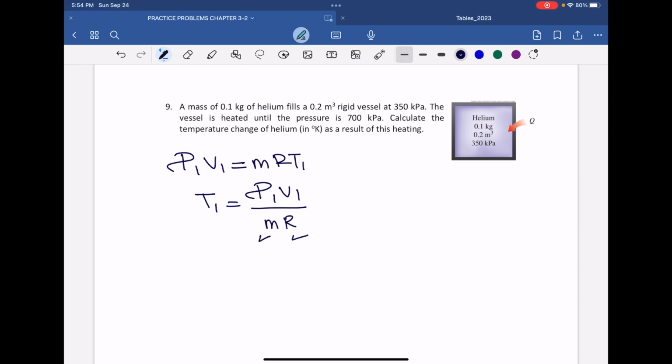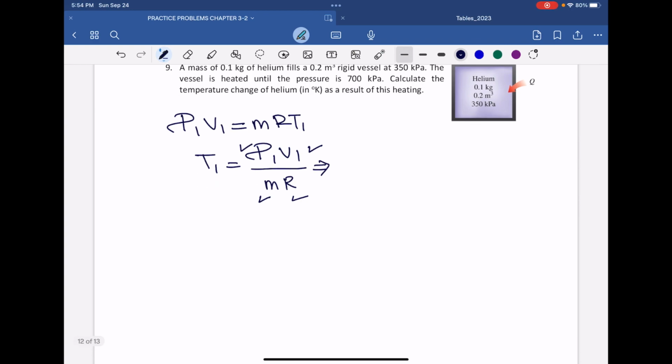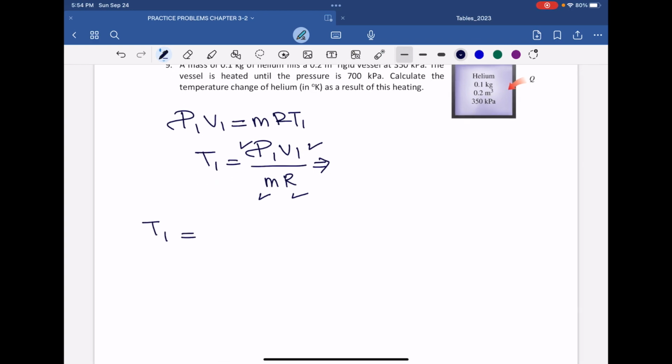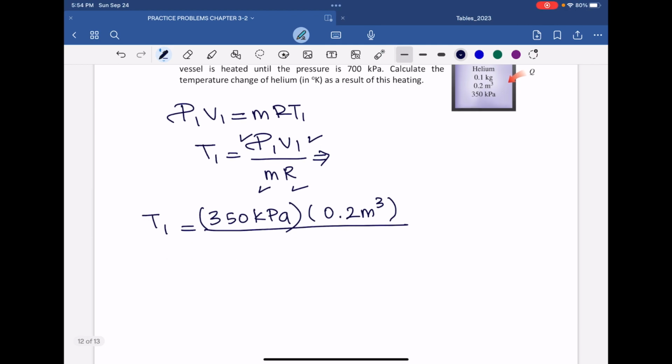Mass is given, V is 0.2, the pressure is given. So it looks like I can actually use this equation. So let's take a look at it. Being very careful with the units, the pressure has to be in kilopascal, the volume in meter cubed, the mass in kilograms,